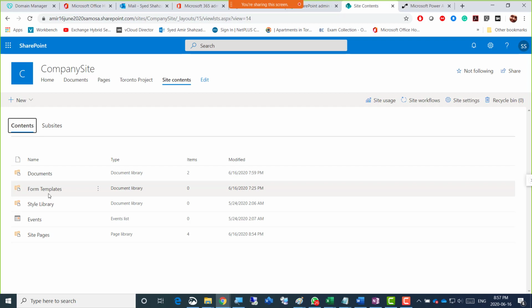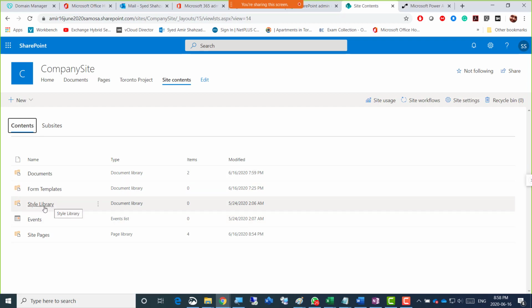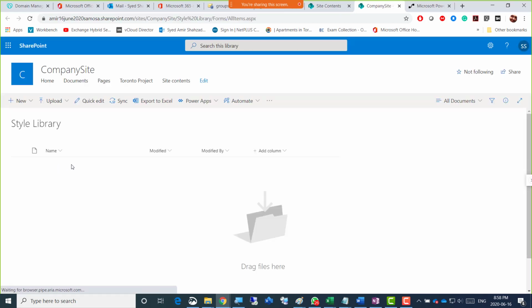you will have to create a form for all types of occasions there if you are responsible for Office 365. So is there a form facility there? Is there an application that helps us create user forms, full name, city name, cell phone number, and all that. So then style library and all those pictures and some other. So if you click the style library, whatever kind of pictures, JPEG files that you are adding there to be added as a template or for any kind of multimedia, then you can do that.